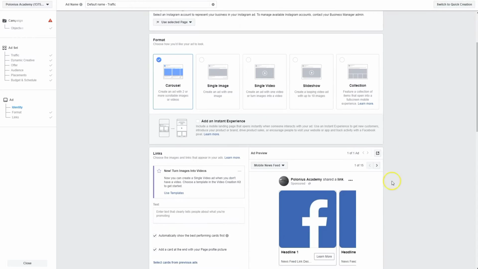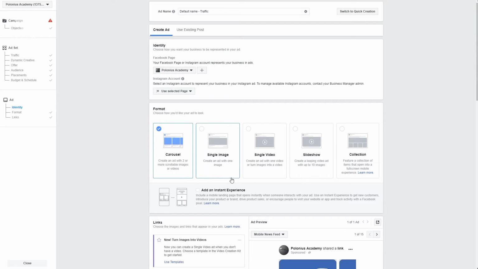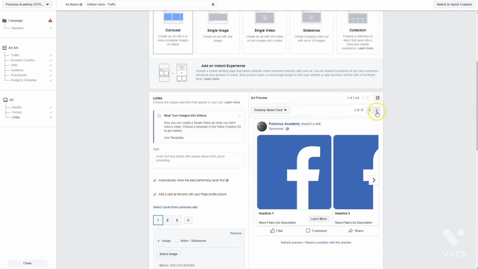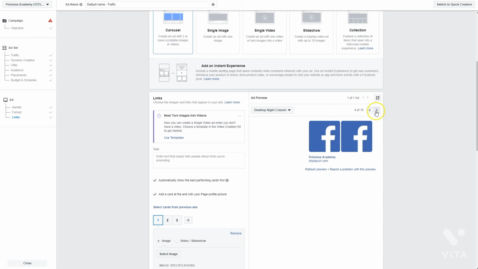In fact, most recently, you can turn images into video. So there's always something new here, and by the time you see this video, there's probably going to be some pretty cool new stuff as well. Now, let's go through each of the different formats really quickly. So carousel, you can have multiple images or videos now that scroll from left to right that people can go through. And here's a little preview of different